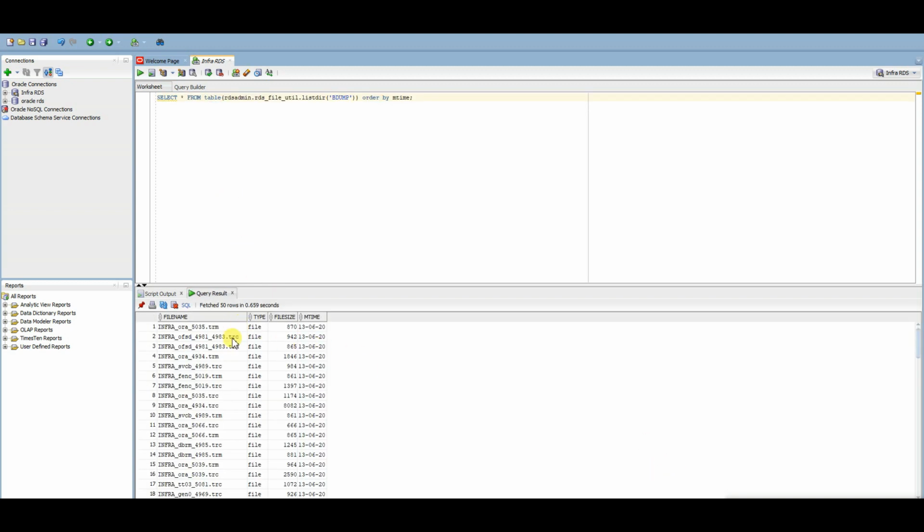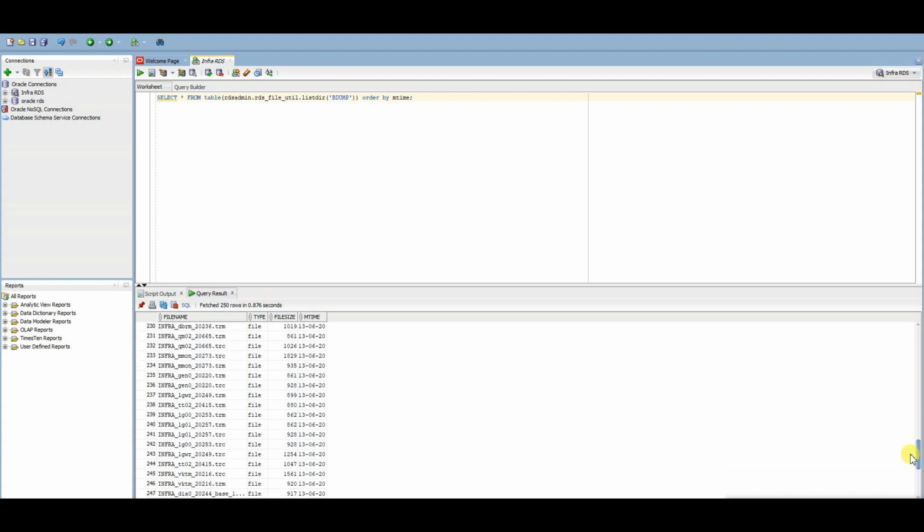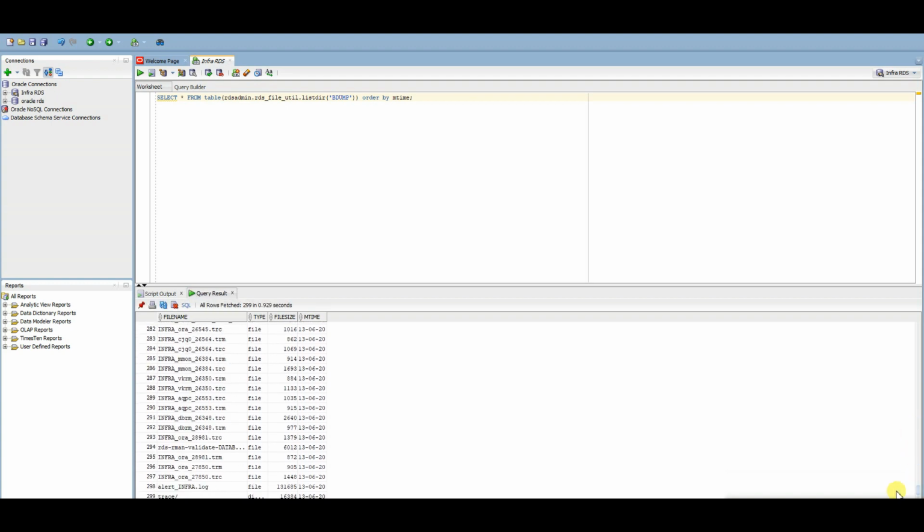And you can see all the trace files are available in here, along with our alert log file.